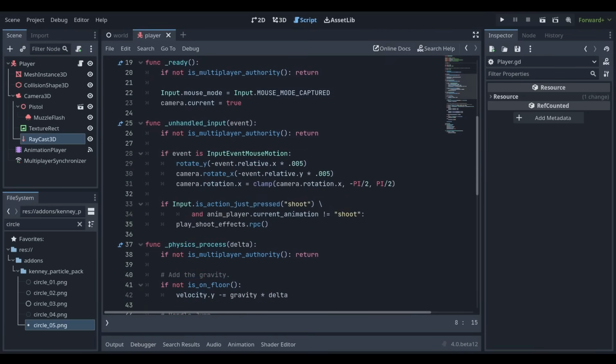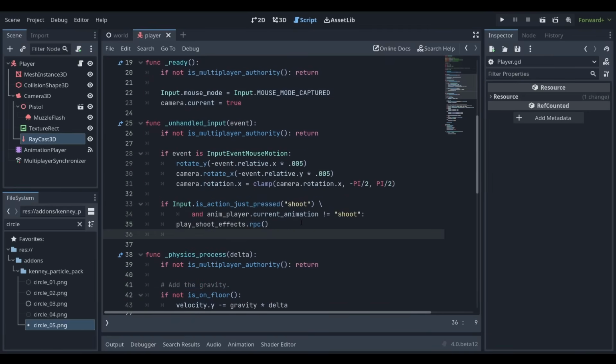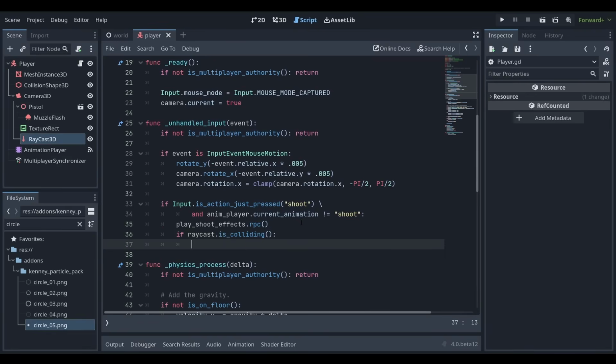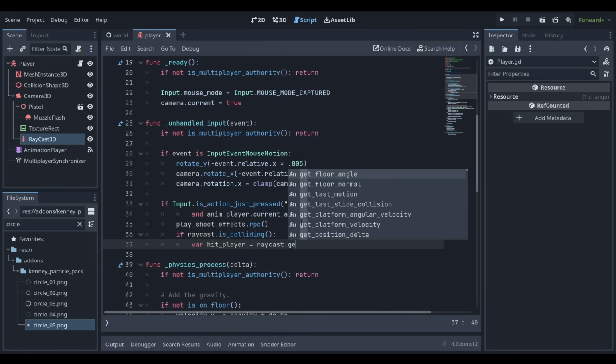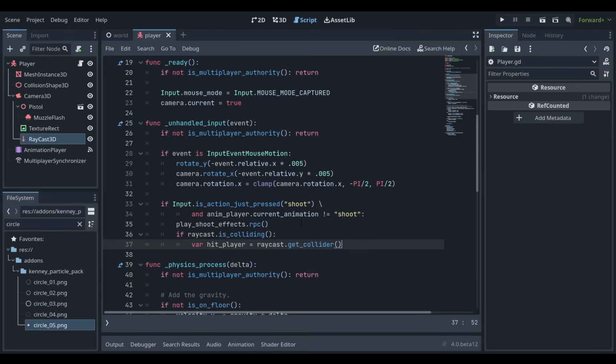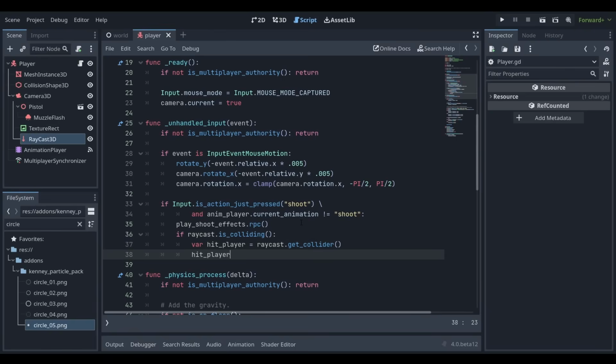So here when we're shooting, let's check to see if we're hitting a player. So if raycast.is_colliding, then let's get a reference to the hit player. var hit_player equals raycast.get_collider. Okay, and now what you might think to do is hit_player.health -= 1, but this won't work